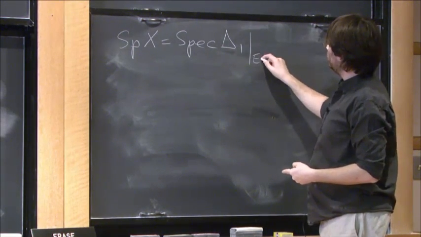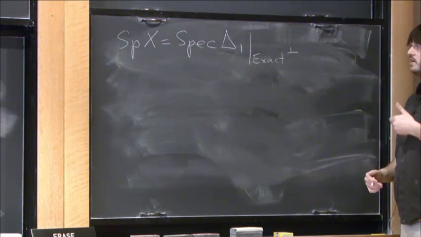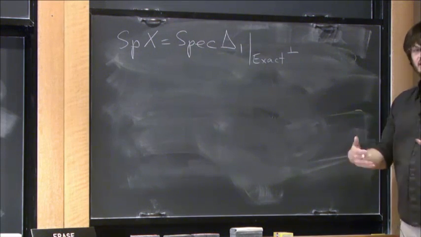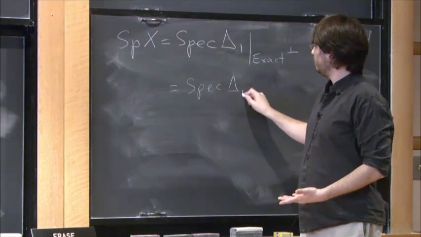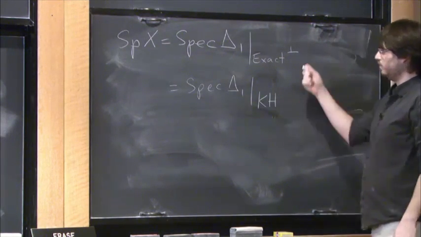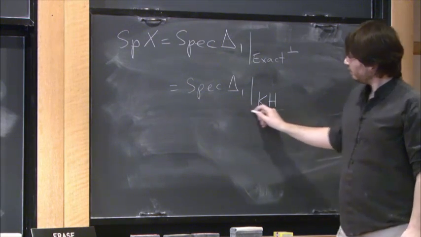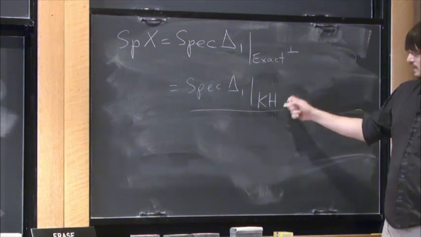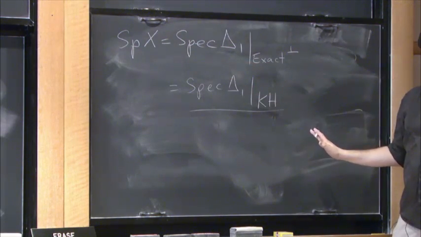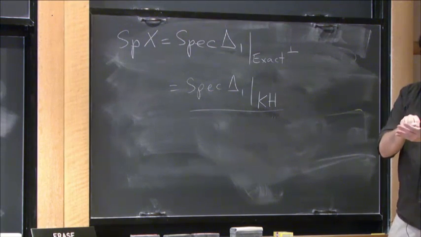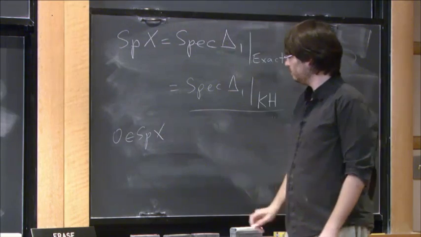So I want to look at the orthogonal complement of the exact forms, the forms which are the gradient of a function on the vertices. And this luckily has a nice interpretation. This is the Kirchhoff. The dual of the exact is exactly the Kirchhoff. So the spectrum of the complex is the spectrum of the Laplacian on Kirchhoff forms which preserve energy at the vertex. And now, when 0 is in the spectrum,